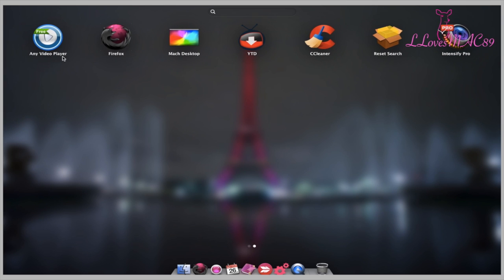Then I have Any Video Player, so if I download a video or a movie to my computer, then I can easily use this to play any type of video format. For some reason, QuickTime Player doesn't play a lot of formats of video, so I have this, and it's free. And then of course Firefox, and then this desktop,